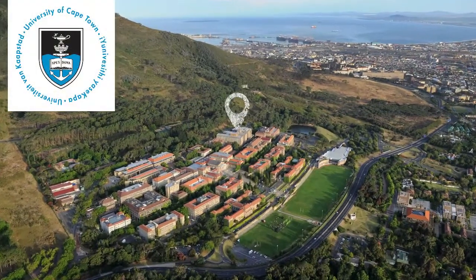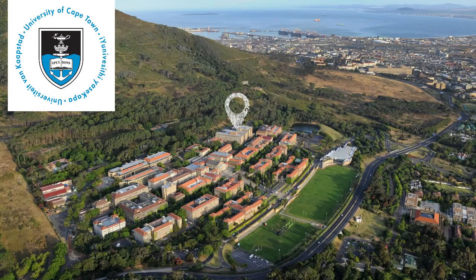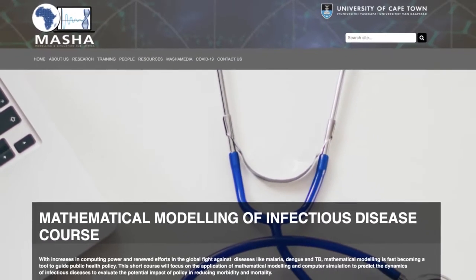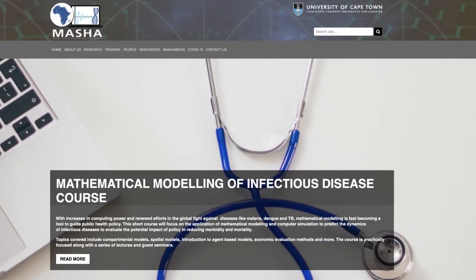Hi, so I am Professor Sheetal Silal and I'm an Associate Professor at the University of Cape Town in the Department of Statistical Sciences, which is in the Faculty of Science. And I'm also the Director of a research unit called the Modelling and Simulation Hub Africa. What that research unit does is we focus on using computers and simulation to build models of disease so that we can help people like government make better decisions on how to manage diseases like COVID-19, which we're experiencing